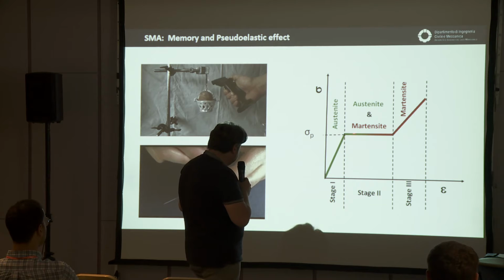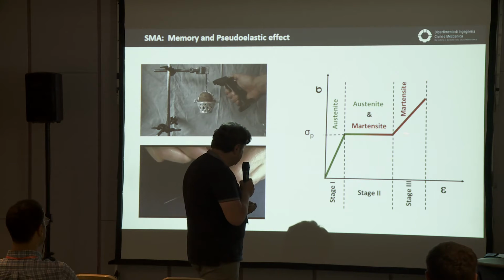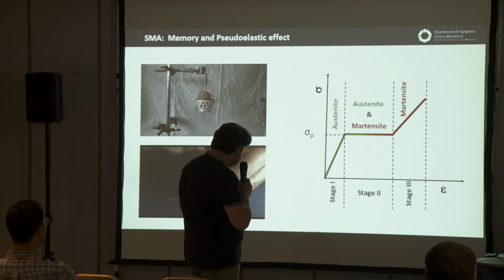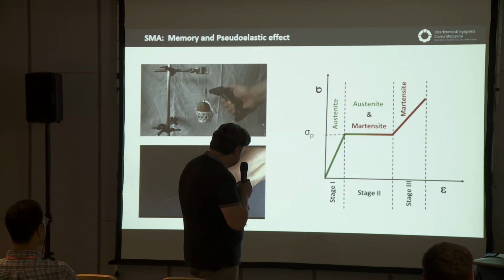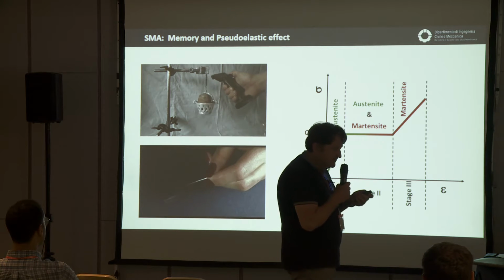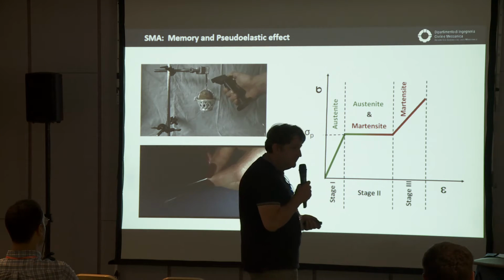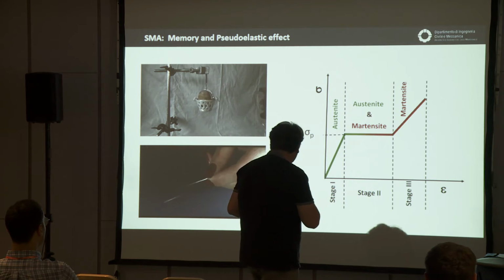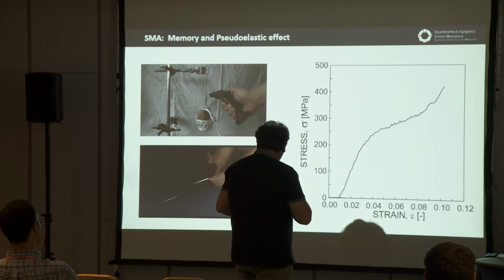Sometimes the presence of this plateau is modelled in a linear manner, starting from 0% martensite to 100% martensite. In this stage, sometimes the variation of the microstructure is linearized. It means that at the middle of the stage, we have 50% austenite and 50% martensite. So this is the start of the value, and we